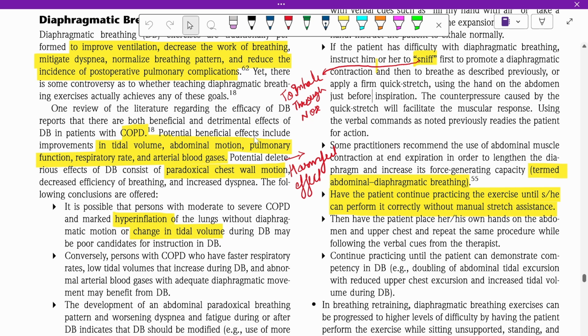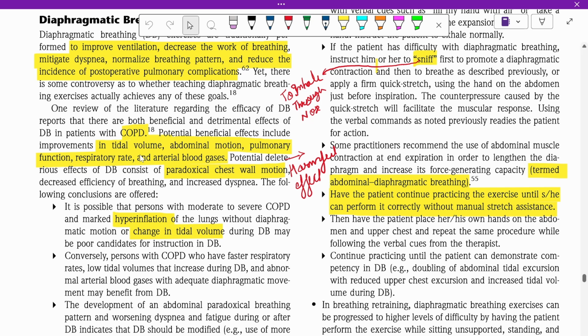Potential beneficial effects, what are the positive effects? First is the tidal volume improvement, abdominal motion, pulmonary function, and respiratory rate and arterial blood gases. These all will improve. Potential deleterious effect, means bad effect, of the diaphragmatic breathing consists of paradoxical chest wall motion. Paradoxical chest wall motion means when we inspire the air, the chest will move